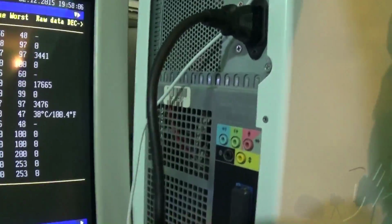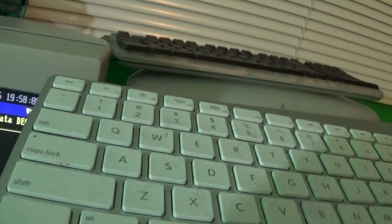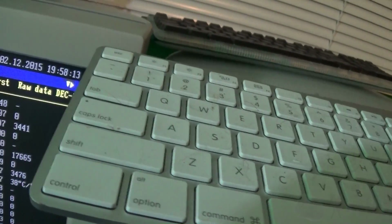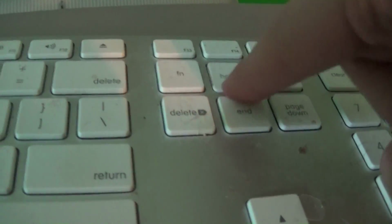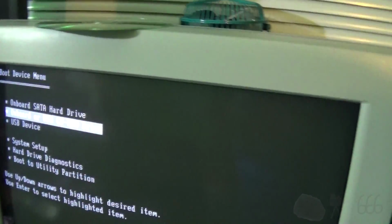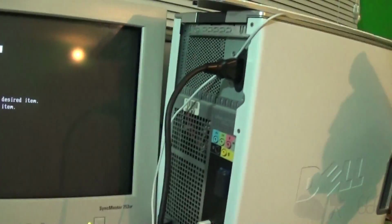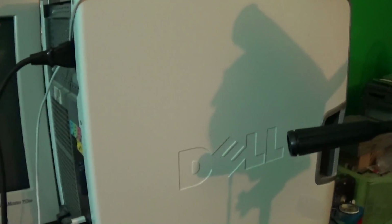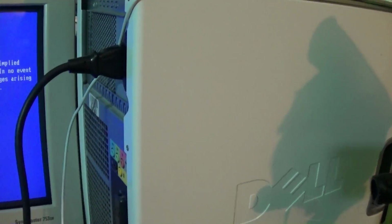Alright. Control-Alt-Delete. Command-Alt-Delete? Why is it not Control-Alt-Deleting? Hold on. This is the delete key, not this. Here we go, folks. USB CD-ROM drive. I'm not sure if I'm going to replace the drive or not. Probably will not. What I'm probably going to do with this system for upgrades...